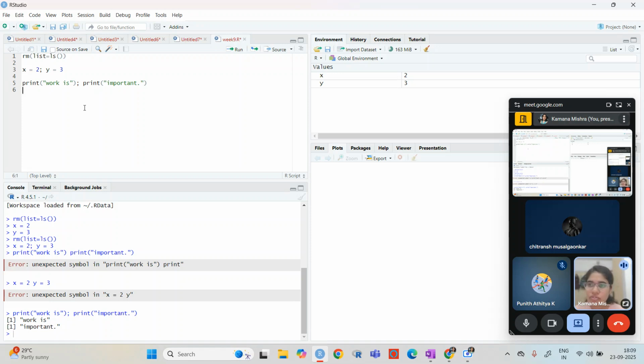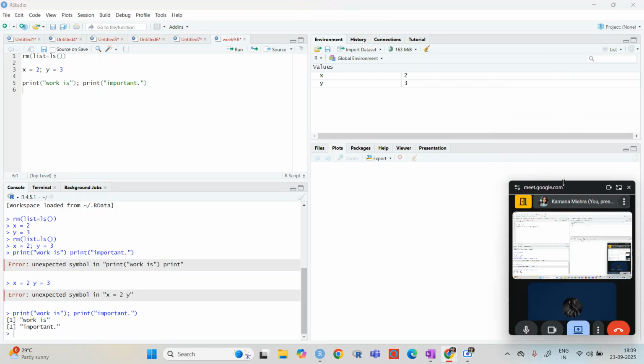Obviously we can write it in just one go, but there are some things we will see, that if we want to include some kind of number, then that will not be possible by using a print function.